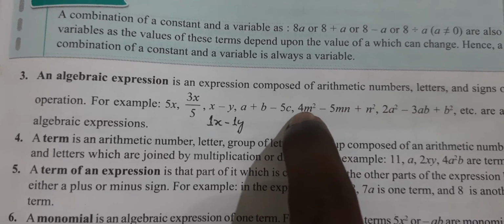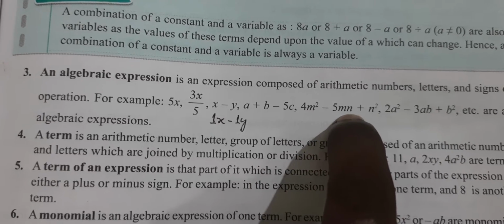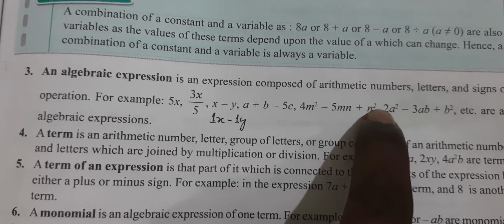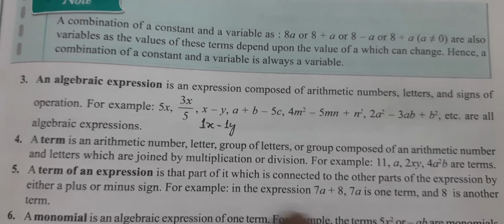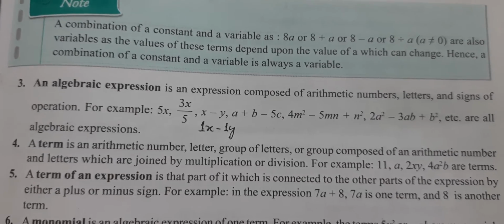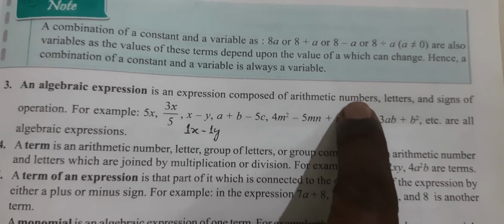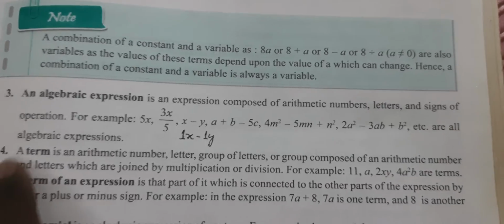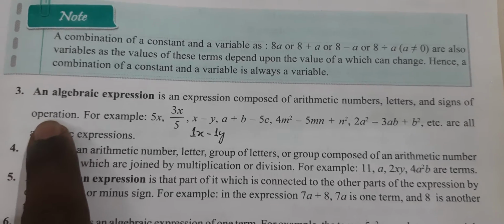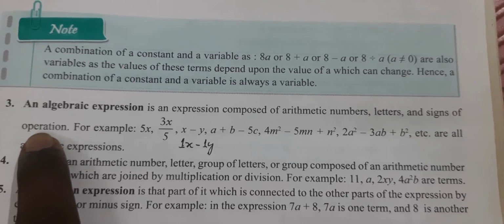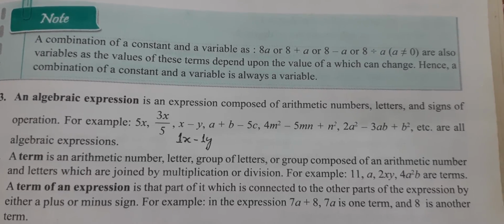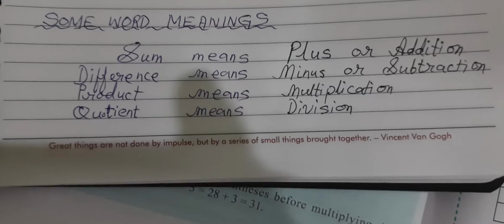So you have the variables m, you have the variables n, and you have the power of a variable n here, 2. So all these compose an algebraic expression. In an algebraic expression, you can have numbers, you can have letters, that is alphabets, and you can have signs of operations like plus, minus, multiplication, division, and the equals to sign also will be there. Okay. So these are known as algebraic expressions.